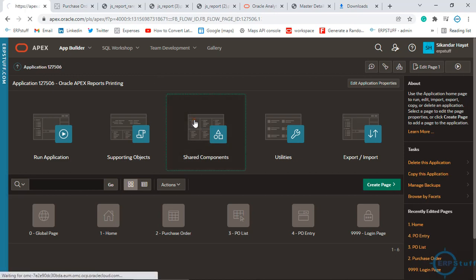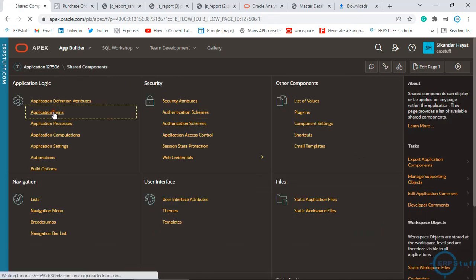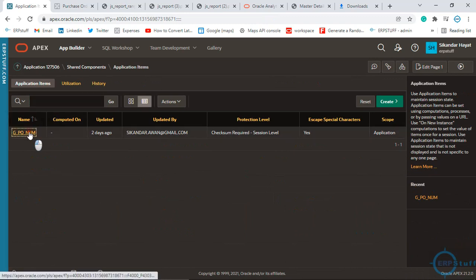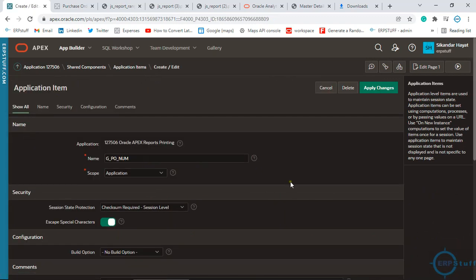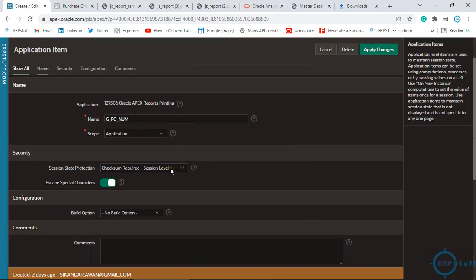You will go to shared components and application items, and here you have this GPO number, right, with checksum required, session level. That is it. By default it will be restricted, so then it will not work, right. Okay, just create this one.